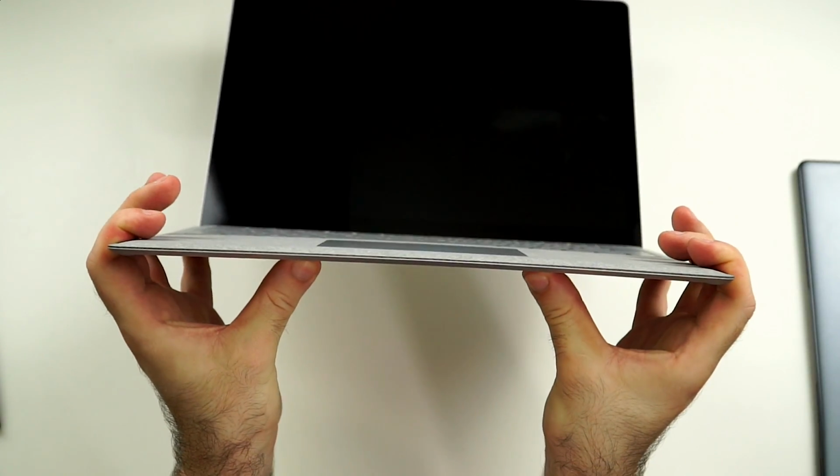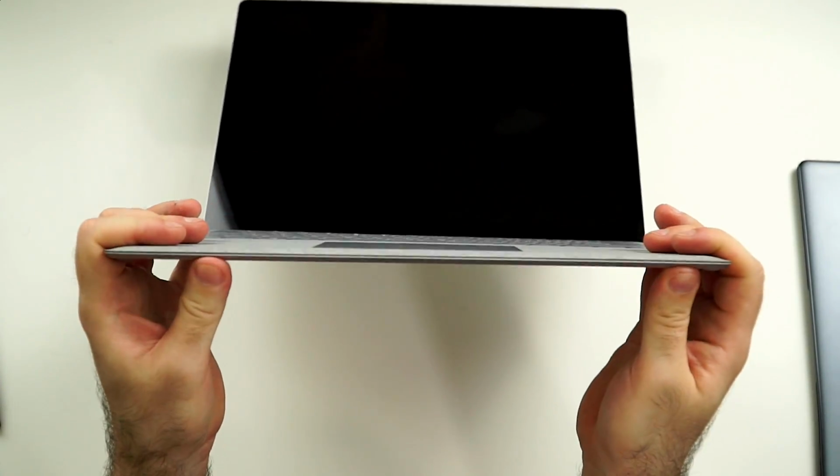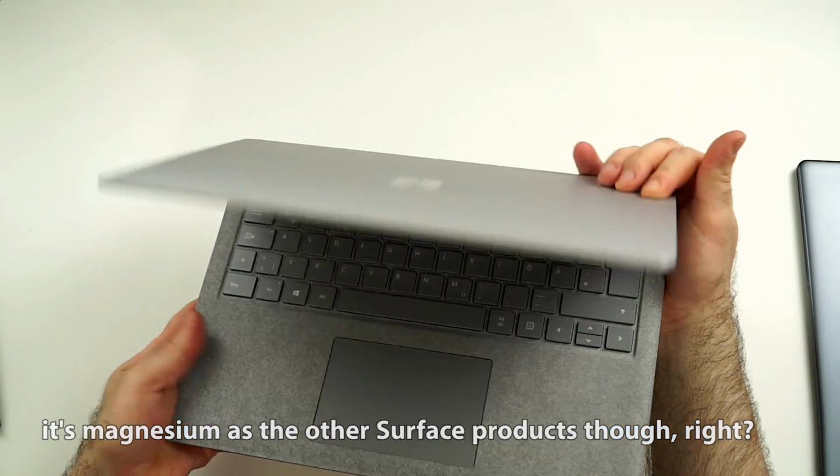But as you can see here, you can flex it as well, of course. But it feels way more solid. I would say a little bit more solid. It feels more like out of one block of aluminum. But it feels a little bit nicer built. What it does though,